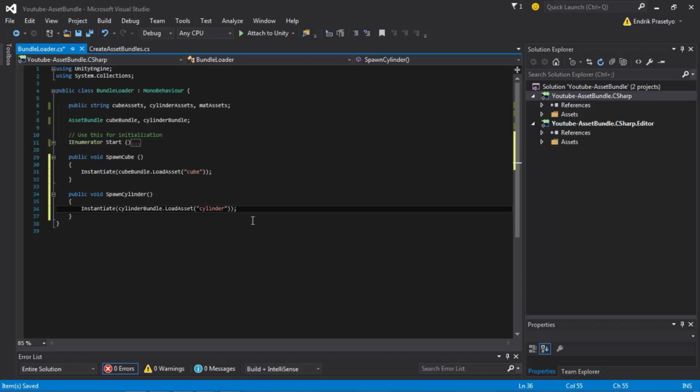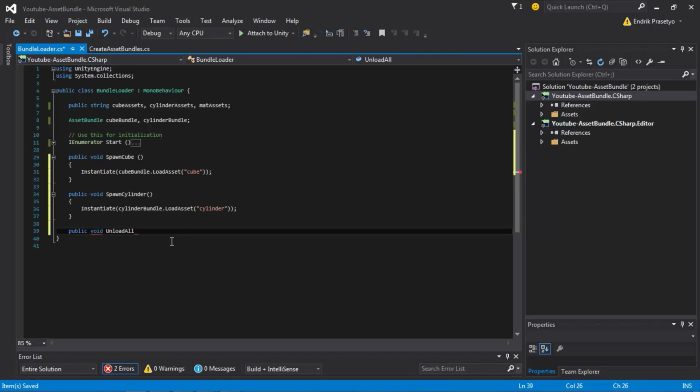And don't forget to make another method that will unload all the assets bundle. This will reduce our memory usage.